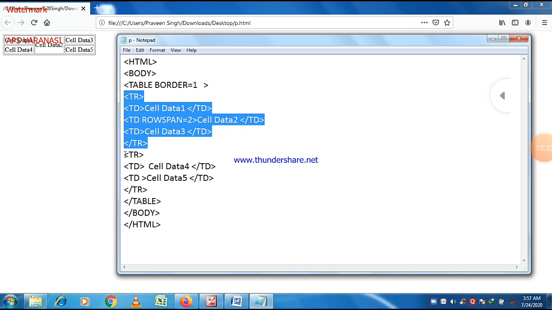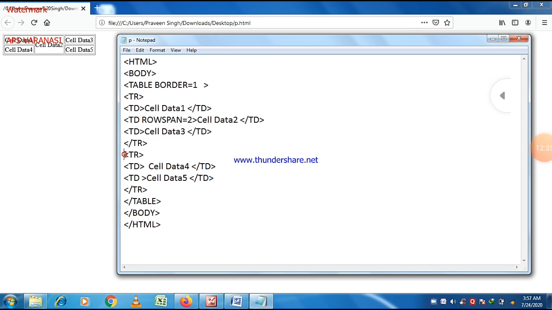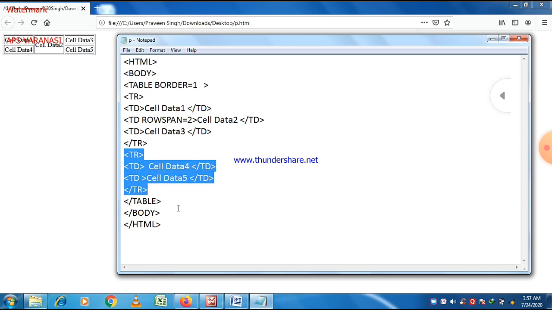And then this is our second row. There are only two data, cell data 4 and cell data 5, because one data is already merged with the above row.